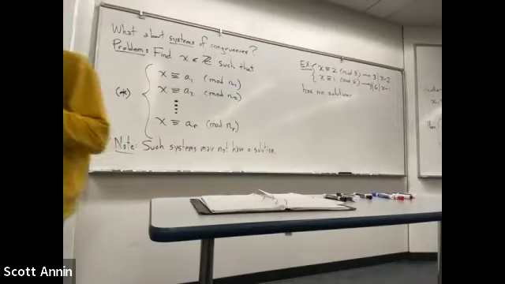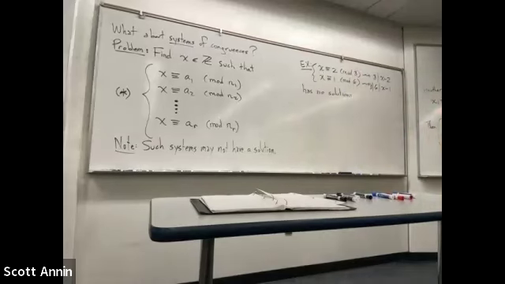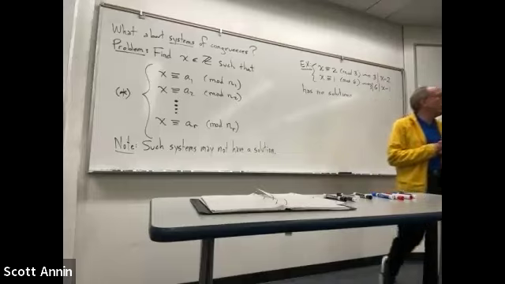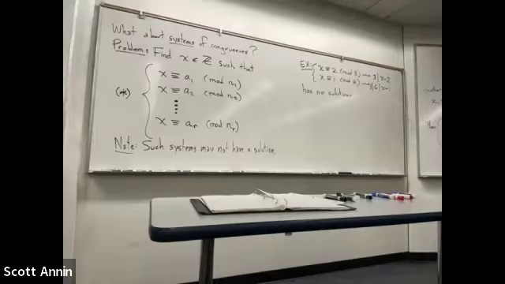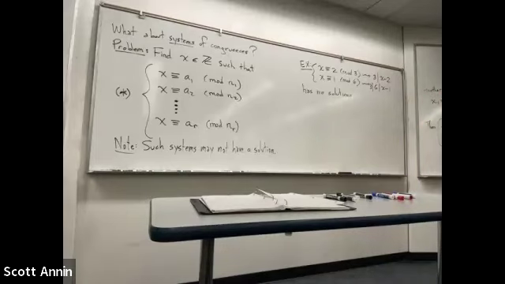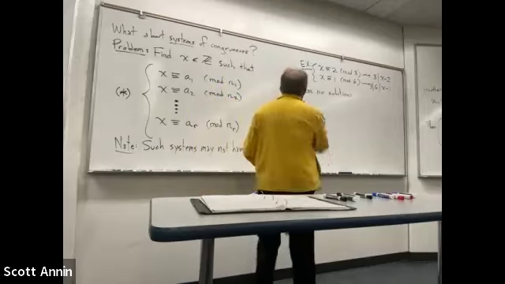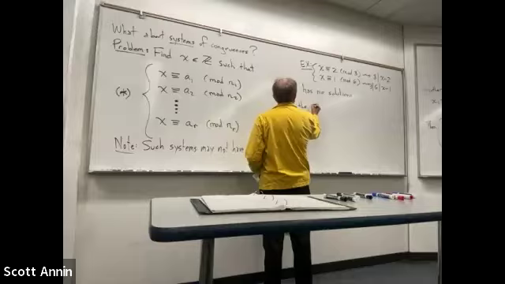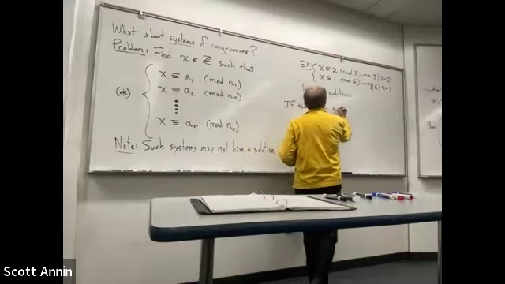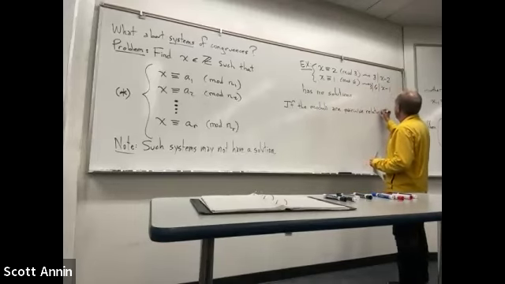I think this is what you were getting at. I've chosen an example where the moduli, which are 3 and 6, are not relatively prime. So if we want to guarantee that our system has a solution, we will need to assume that the moduli are all pairwise relatively prime, meaning any two of them at a time have no common factors. That's what's needed to guarantee that this would have a solution. So if the moduli are, again, pairwise relatively prime,